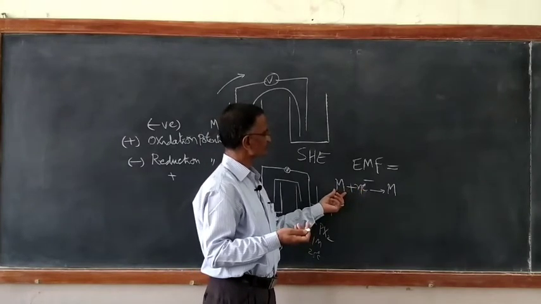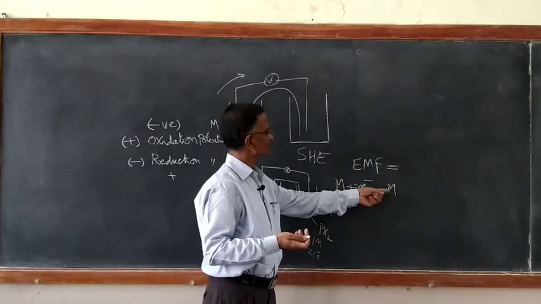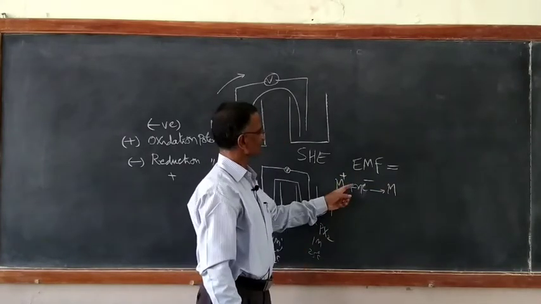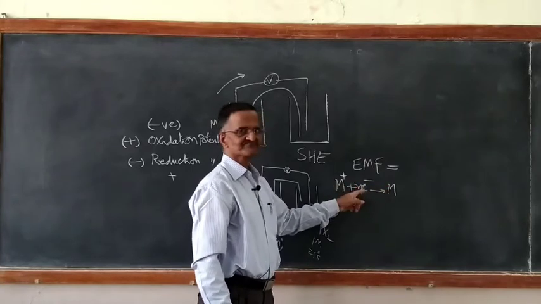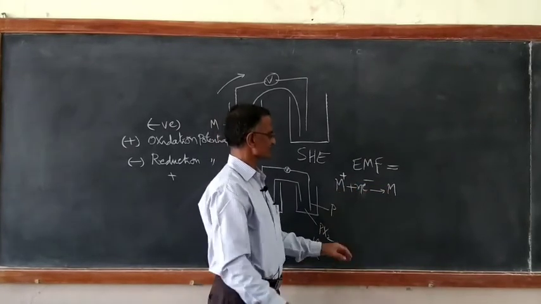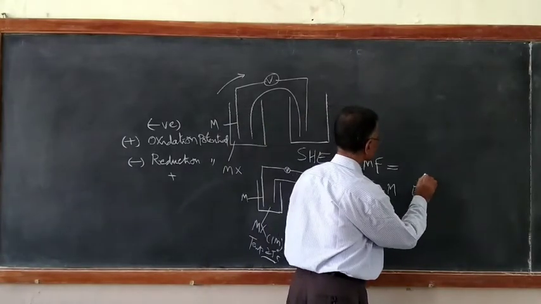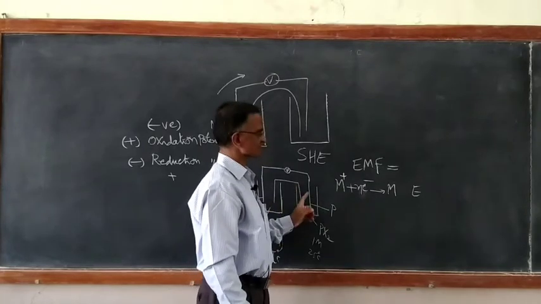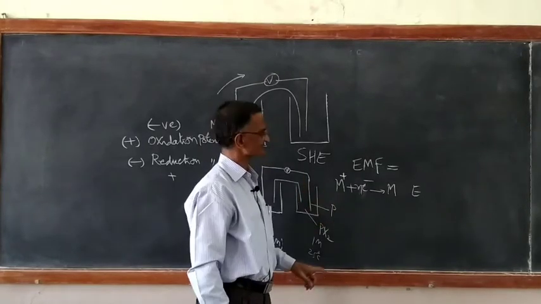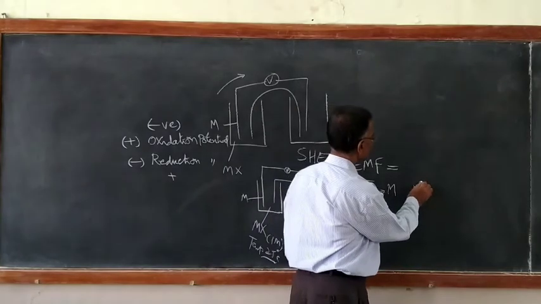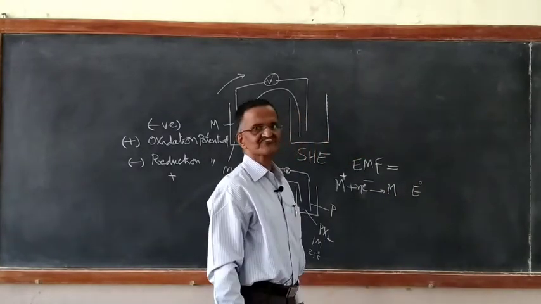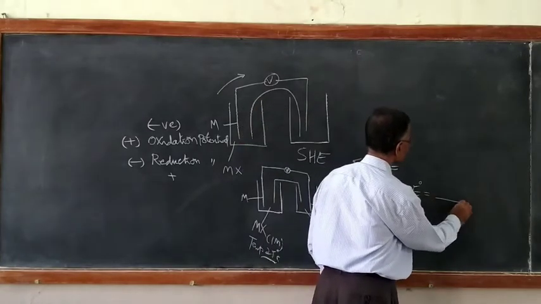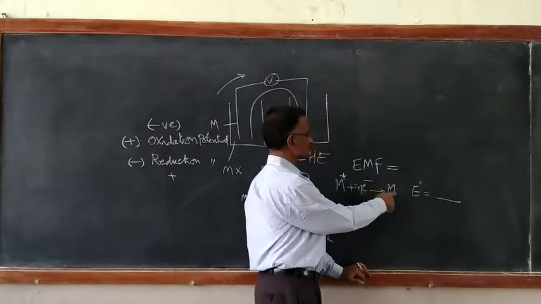Why is reduction not taking place? To form M, this has to be a positive ion. M^n+ plus n number of electrons give M. That is the process of reduction. For that, the electrode potential value that is given is E. And as I said, when all the concentrations and temperature are at standard conditions, I will not simply say E, I will say E naught, that means standard electrode potential. So the standard electrode potential value that is given is for reduction that has taken place.